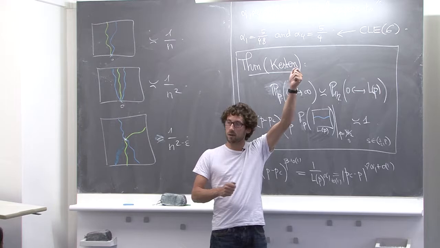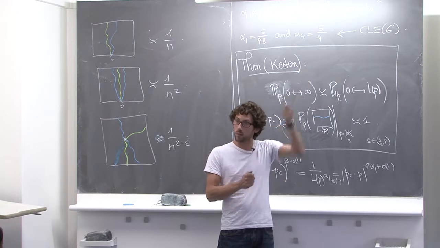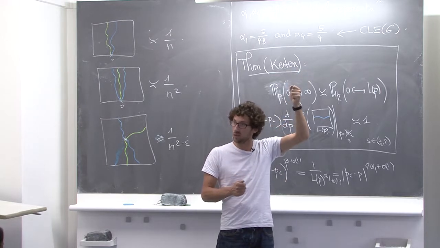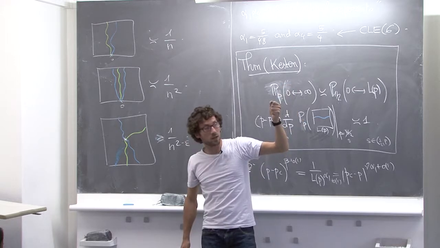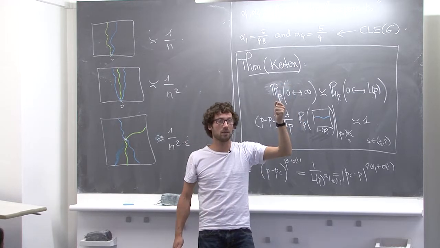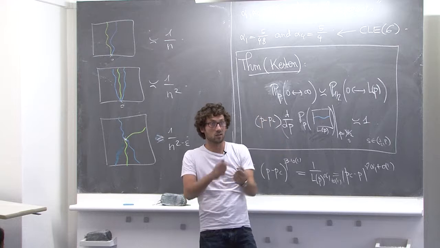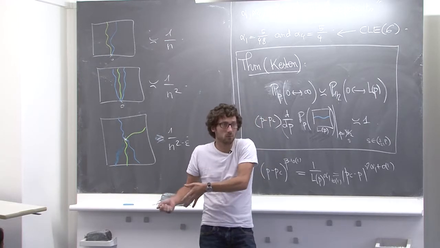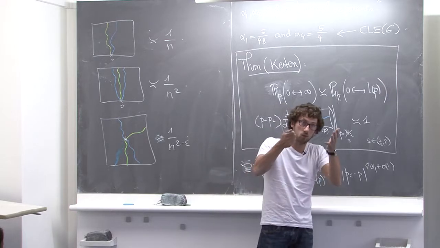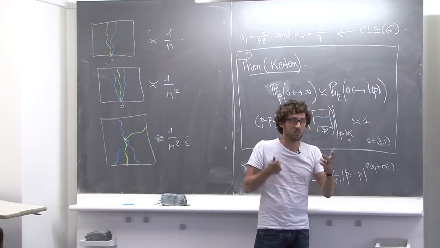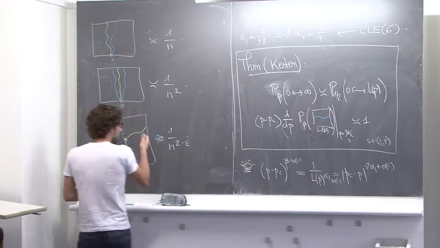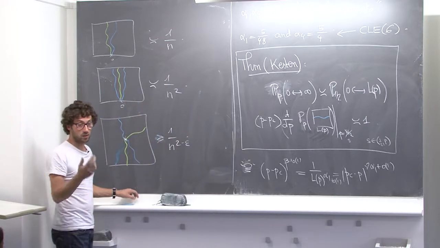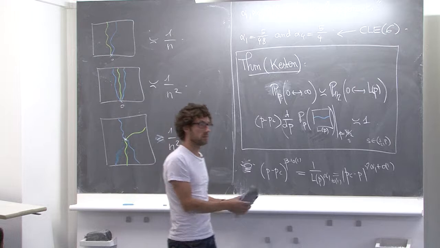It's going to tend very quickly to 1 when p is larger than 1/2, and it's going to drop very quickly to 0 when p is smaller than 1/2. And that's exactly what Kesten used to prove that, in fact, for p smaller than 1/2, I am subcritical, and for p larger than 1/2, I am supercritical. So this small observation is very useful. So that was the object of the last exercise.